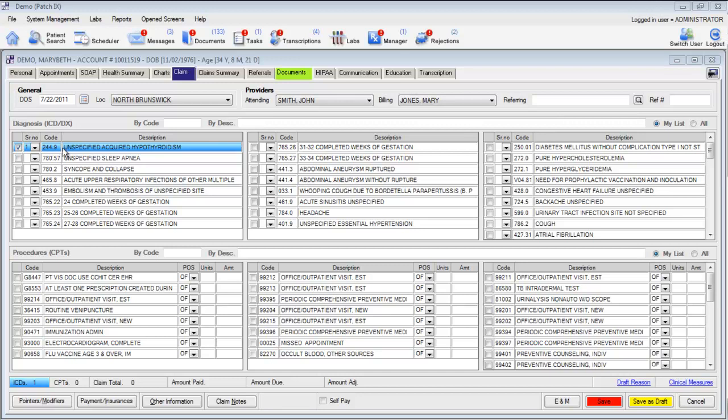Here we can see that one diagnosis is already selected. If we want to say that this patient also had a headache, we can mark the appropriate diagnosis code for headache. You can see that the unspecified hypothyroidism has already been documented as diagnosis number 1 and the headache as